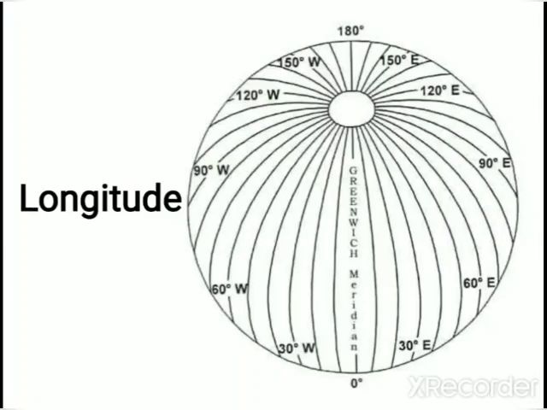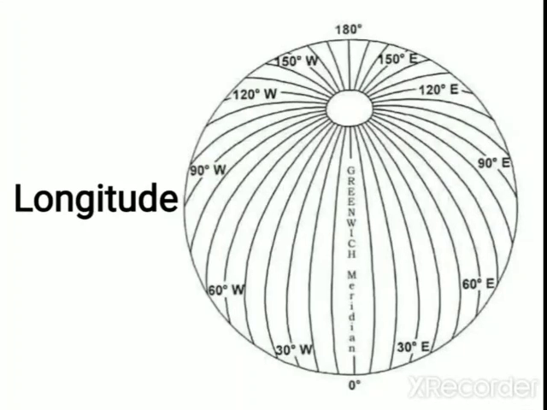With the help of this prime meridian, we are able to set the Greenwich Mean Time or the universal time. The longitudes are also called the meridians of longitude because meridian means midday. When the sun is overhead at a certain longitude, it is called midday for that particular longitude. So all the longitudes are known as meridians. The distance between two consecutive longitudes doesn't remain the same as the longitudes are not parallel, whereas the latitudes are parallel to each other. They meet at the poles.